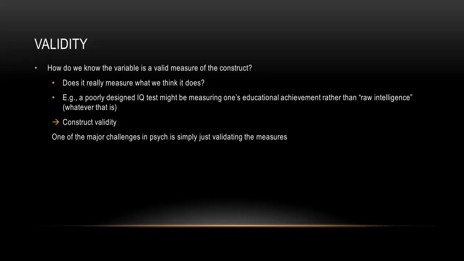So this is a question of what's called construct validity, right? Because to have construct validity means that your variable, your measurement, is measuring the construct that you're trying to measure. You're trying to measure intelligence, but instead you're actually measuring educational achievement, right? It's the wrong construct. You're trying to measure X, but you're really measuring Y, right? So what we worry about, especially in psychology, and maybe more than any other particular science, is whether the measures that we have are actually valid, right? So that's called the validation process. To validate a measure means to try to determine whether it's actually measuring the right construct.